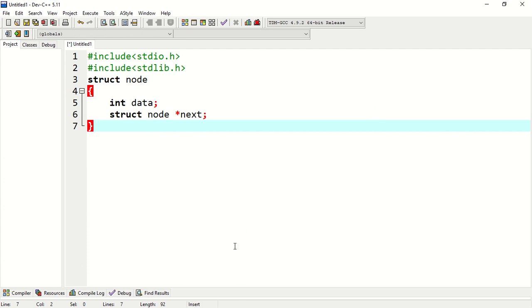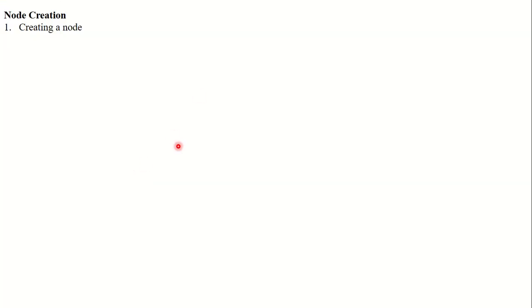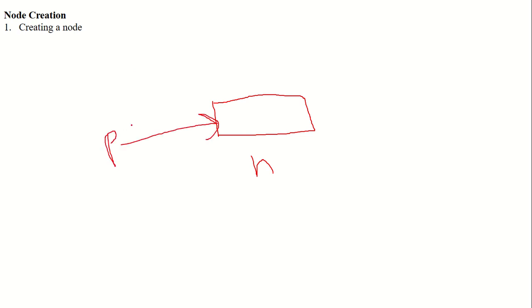Okay, I show you in this PowerPoint. Suppose here we have a linked list. This is a node, and a node is a structured data type. For pointing to this node, this pointer is also a structured data type. If this node is a struct node data type, then this pointer will also be a struct node type.